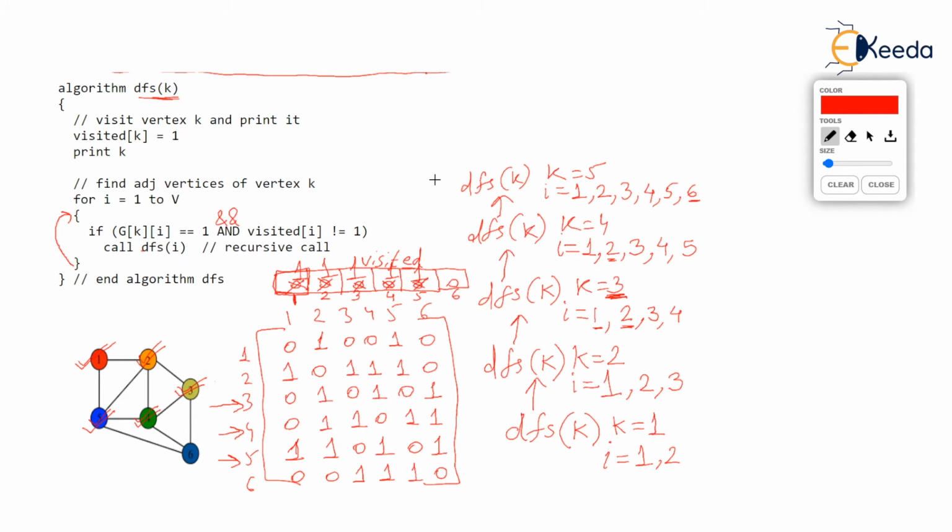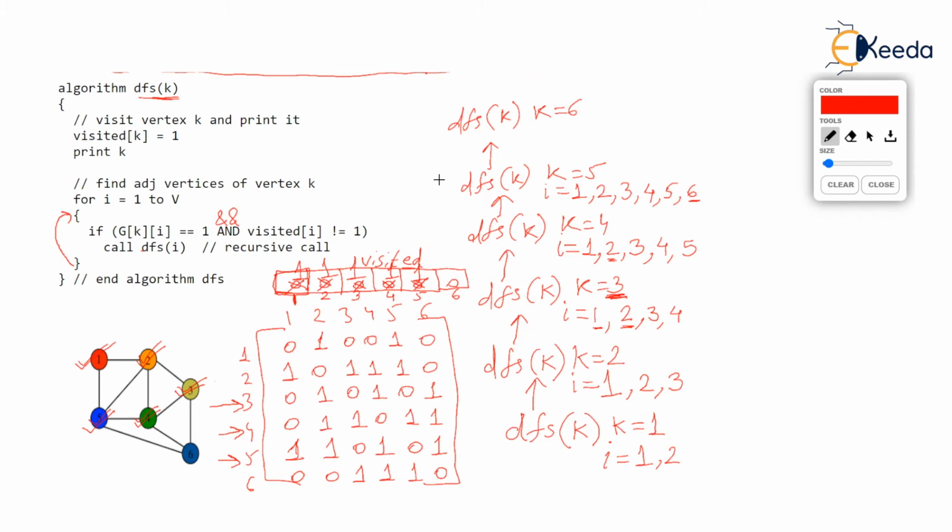So, hence, DFS(5) will call DFS(6), where k is 6. I hope by now you have understood all the aspects of DFS, but that's the way I teach. I take it to the entirety. I don't say and so on, and the procedure continues. So have some patience and listen very carefully till the video ends.